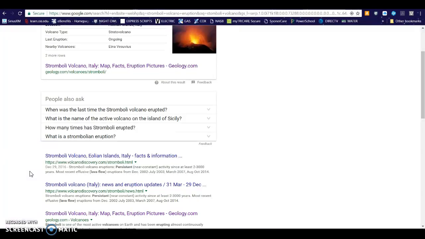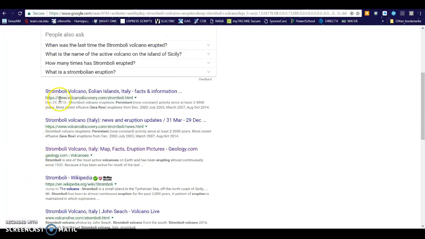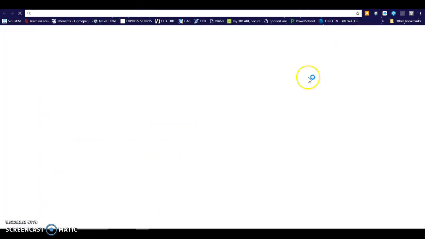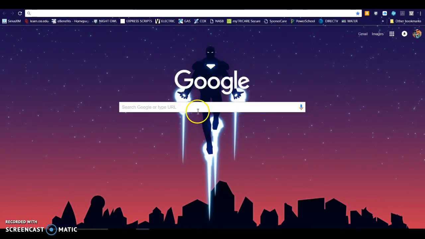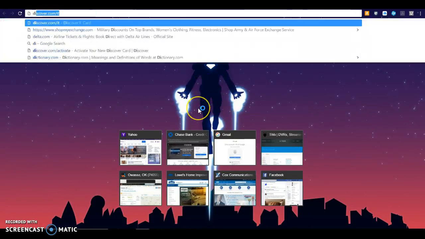If you get to a word that you don't know, say I'm looking at this one and I see the word persistent and I'm not sure exactly what that means, then you can come up to open up a new tab and actually type in dictionary.com,